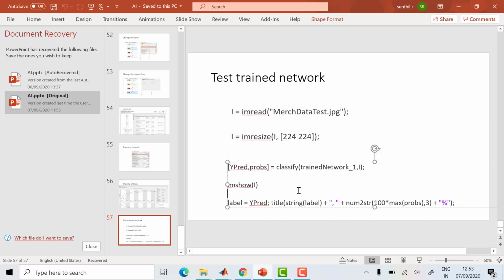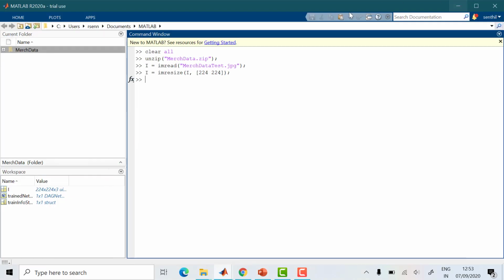And next is this 3. This is the standard command where you have to classify. Our trained network is trainednetwork underscore 1. It will show 2, 3 based on your export. When doing export, it was showing the file name. So that is here. So it is predicting based on the test data given. This is the trained network we have, and a new image I'm going to give and check whether my model is predicting or not. So I'm just copying these commands.